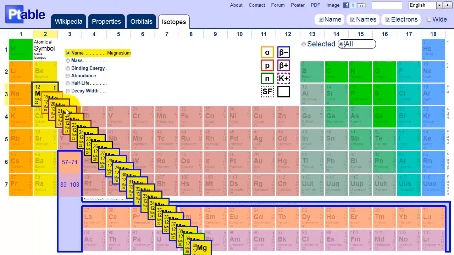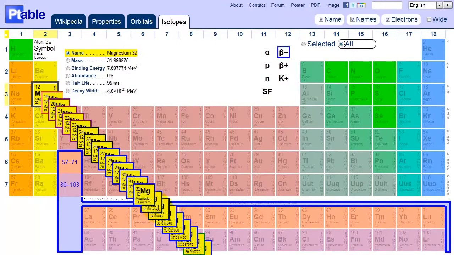Similar to the Properties tab, the table will update with details on each isotope. Selecting each property will color the isotopes in proportion